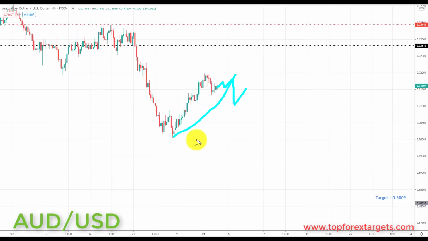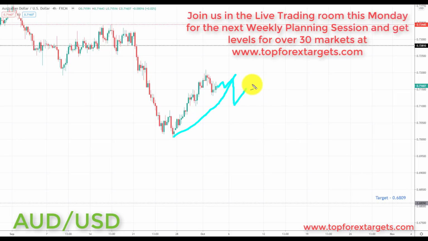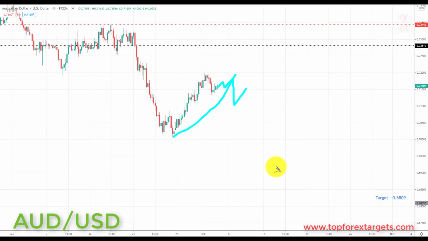First of all, down to the previous lows. So if you want a conservative target here for next week, as it may take 2 weeks to come down to the 0.6809, may take a couple of weeks because this is quite a way below where we're sitting currently in terms of price. So for a more conservative target for next week, if you want to book some profits for next week, if you're looking for a target, the 0.70000 would be a good conservative target, or the previous low down here.